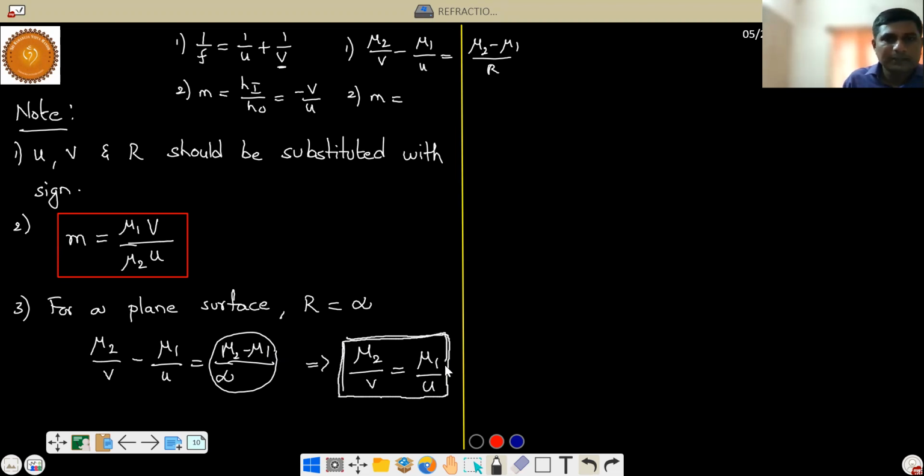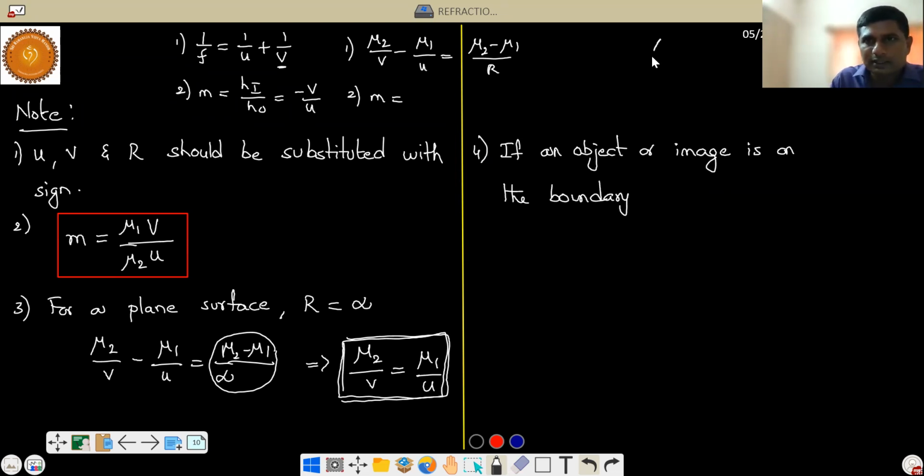See, very simple. For plane surface, this is the formula. Okay. And then last point, fourth point. If an object or image is on the boundary itself,